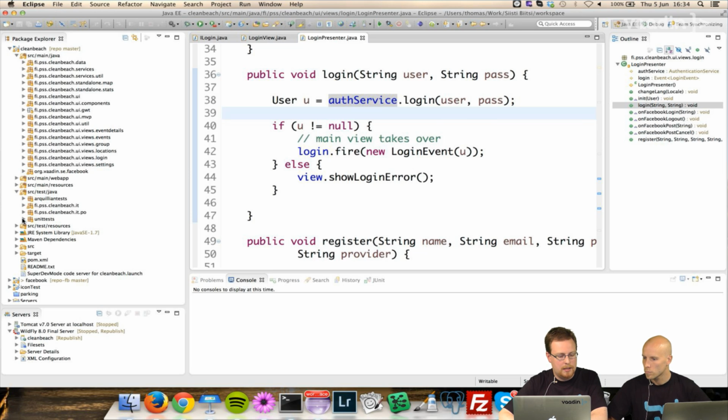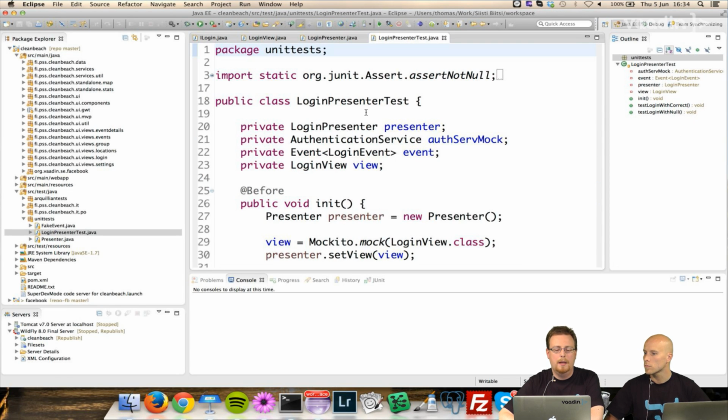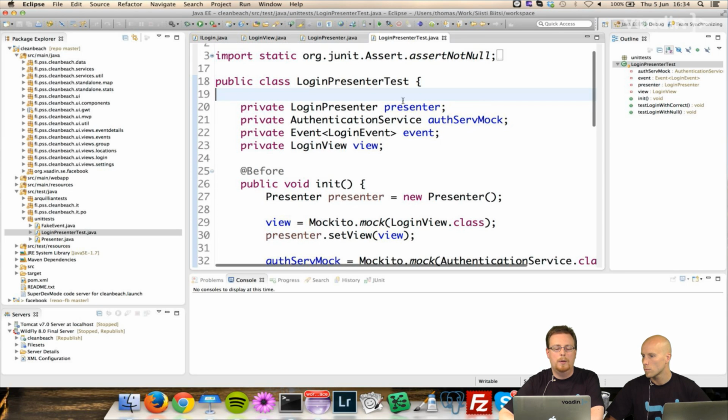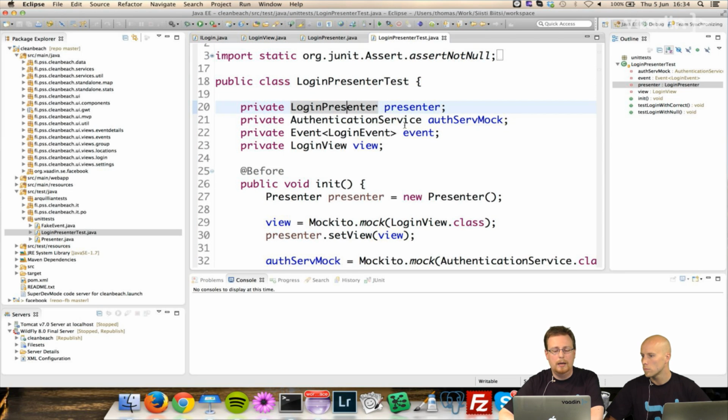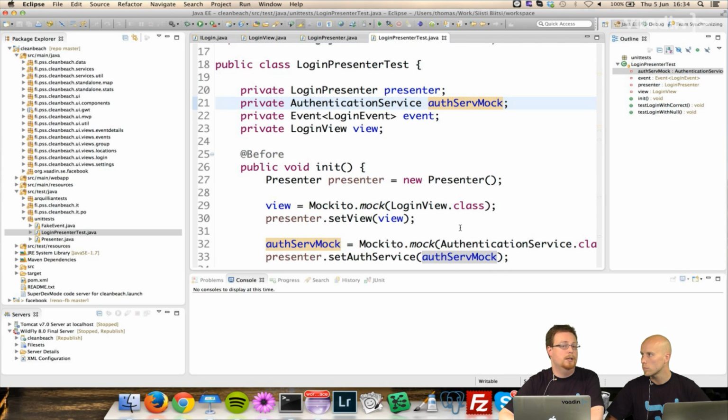So I have a unit test for this particular method here, LoginPresenterTest, just a normal JUnit test with Mockito, nothing else in here. So we have a login presenter, then the authentication service. The presenter is real, of course, because that's what we're going to test. But the authentication service is a mock with Mockito. It doesn't contain anything. We can just check, has it been called or not? The event, same thing. We need to fake that because that's not what we want to test. We just want to record what happened to it. And same thing with the login view. Of course, that's the interface.